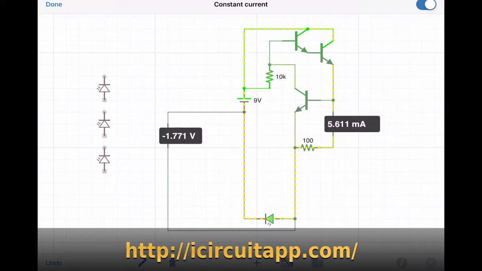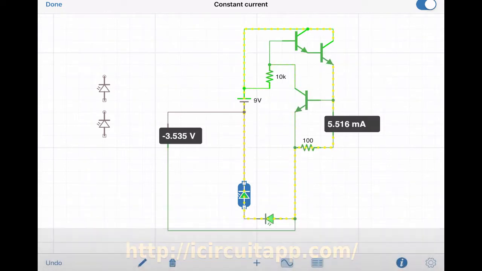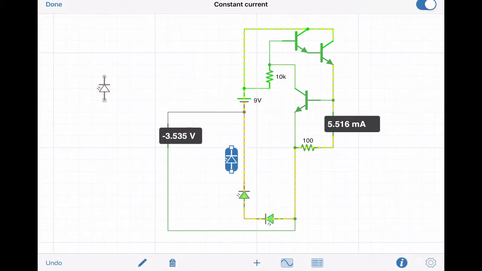Here it is running at 9 volts, and you can see there's a constant current of about 5.5 milliamps. And I'm just adding LEDs. So that's 2 LEDs now. You'll notice that there are no current limiting resistors in the circuit either, so all the current limiting is done by the circuit itself. And to see how it's working, if you just keep an eye on the 10K